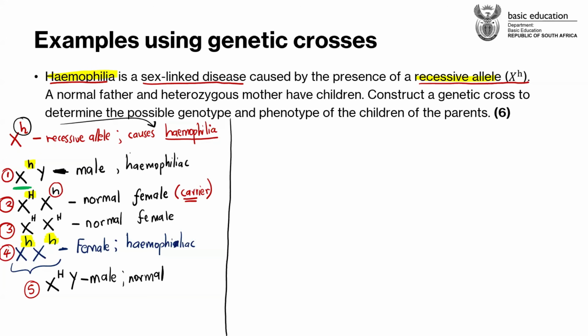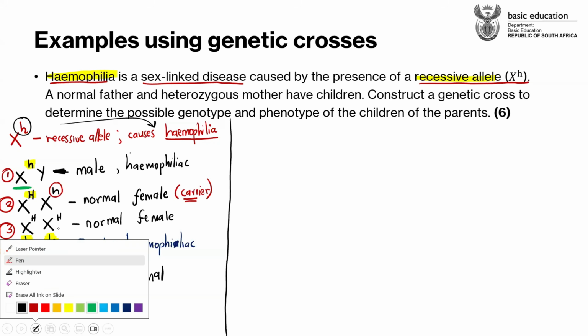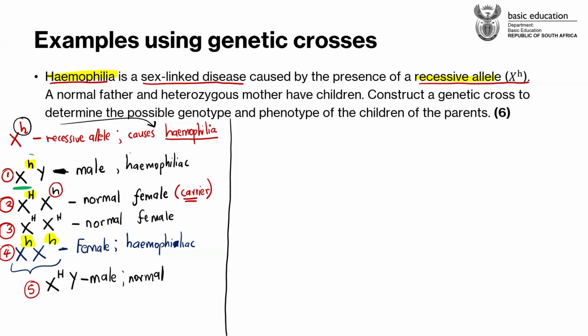So a female can be a carrier, but a male doesn't necessarily become a carrier. We don't call males carriers because males, whenever they have this recessive allele, whenever they have got this allele for the condition, since males have got only one X chromosome, it means that they definitely have hemophilia. They are definitely having the disease and they do have the symptoms of this disease.